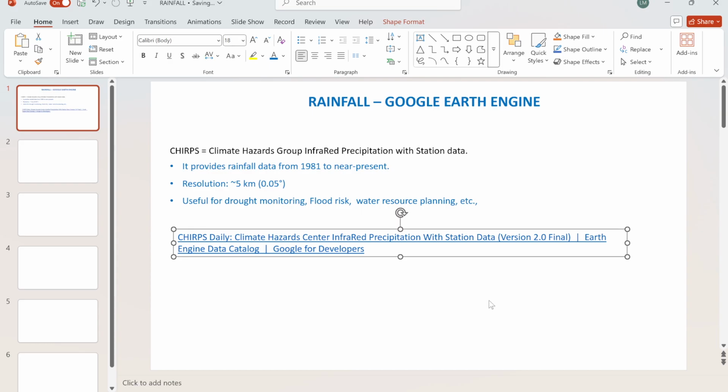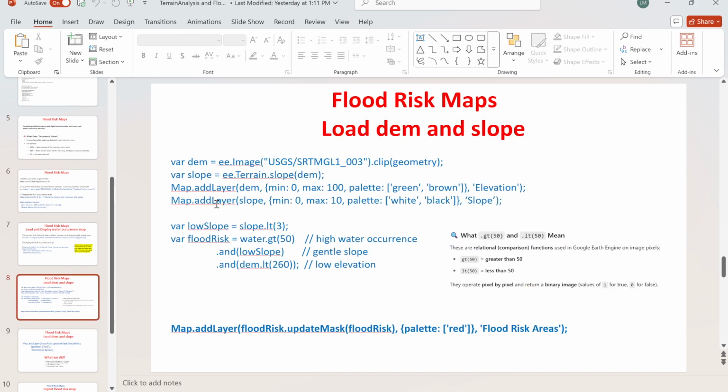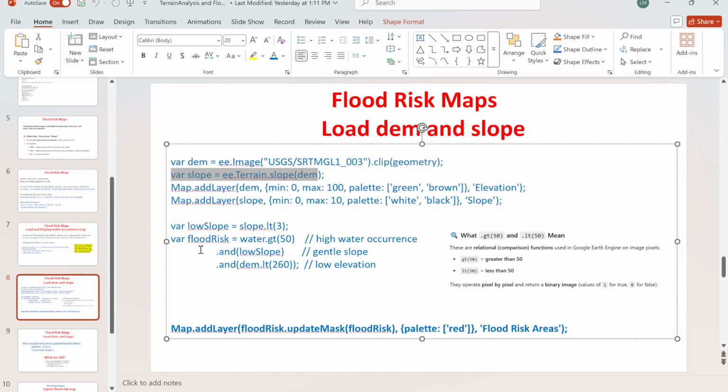In my last video I showed you the flood risk maps, where I combined digital elevation models to calculate the flood risk, right? If we talk about hydrologic modeling and hydraulic modeling, then rainfall would be essential data, right? So before going to further videos, rainfall data visualization, how to download it, and all the data sources need to be known so that you can use them